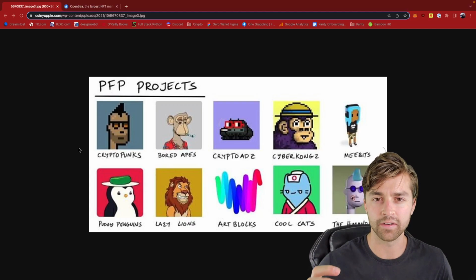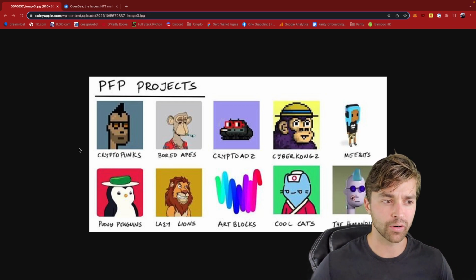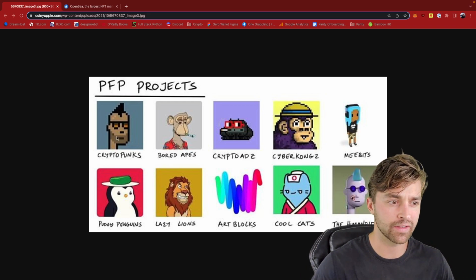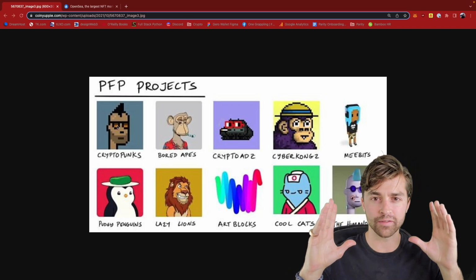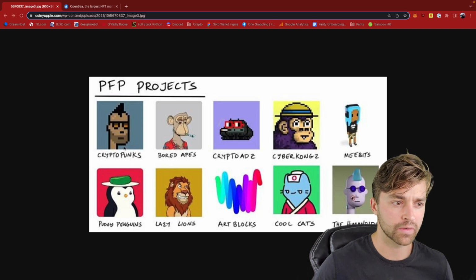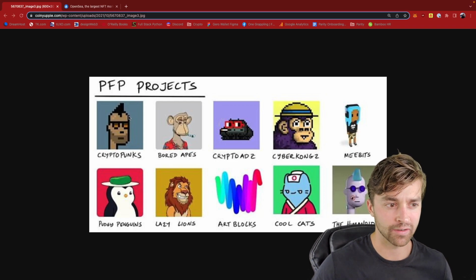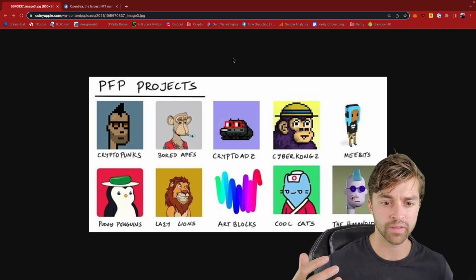These are collections of similarly themed avatars. They're called profile pictures because they usually feature these cartoon profiles, and they're collections. For instance, CryptoPunks, there's 10,000 of these types of avatars in the collection. Same with Bored Apes, there's 10,000 Bored Apes. And here are some other very popular PFP collection NFTs, but this is just a category that you have to